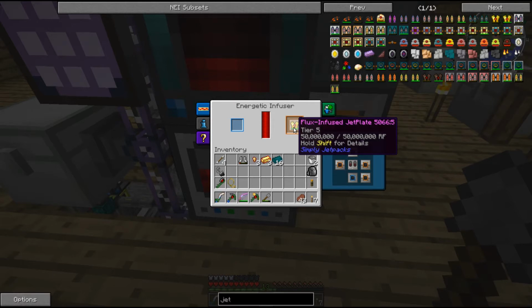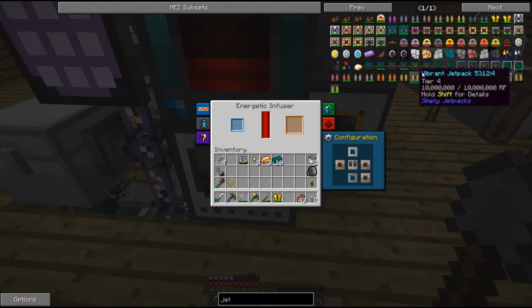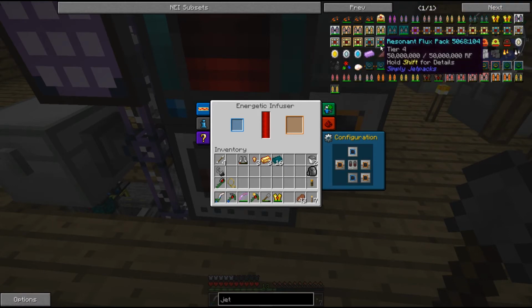I just finished charging the first Flux-Infused Jetplate that I've ever made. I'll take this out of the charger. As you can see, it holds 50 million RF, which is crazy. What this thing is, it's a combination of these resonant flux packs, which you could make one of